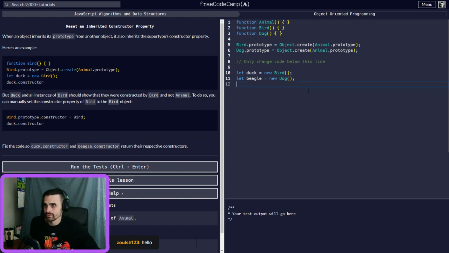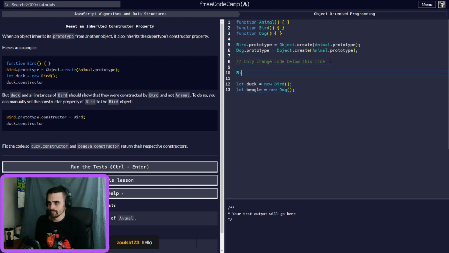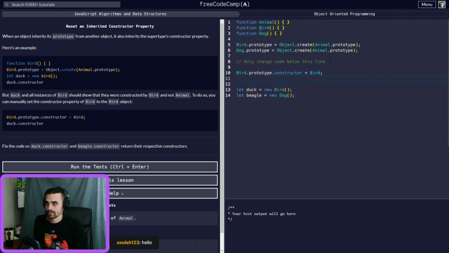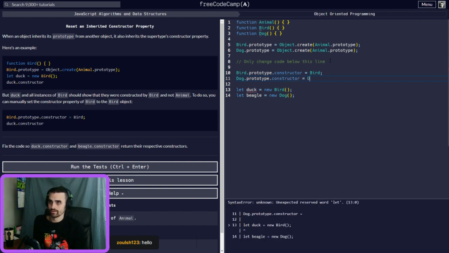So we want to make sure that, okay, so we want the bird dot prototype dot constructor is equal to bird, and dog prototype dot constructor to dog.